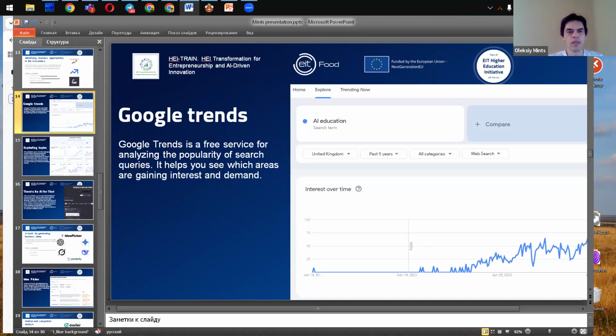The interface is very simple. Enter the terms, choose the region, time period, and get charts of interests over time, along with related queries. Google Trends also lets you discover the newest trends that have grown in popularity in the last several days, up to 7 days, through the Trending Now menu.